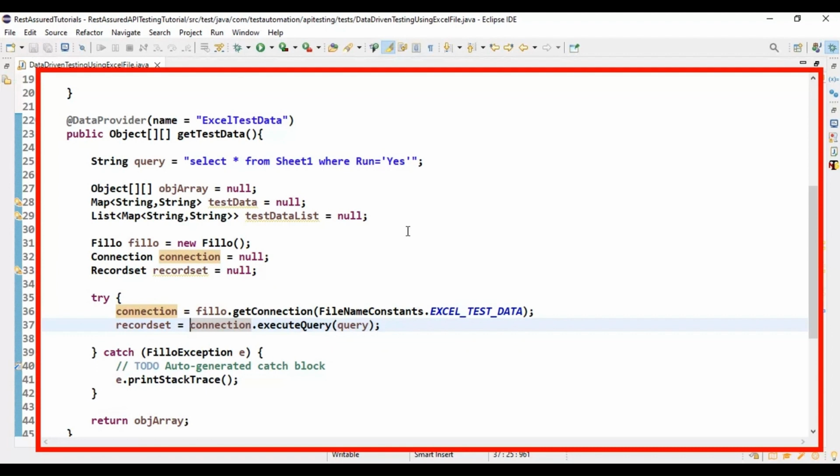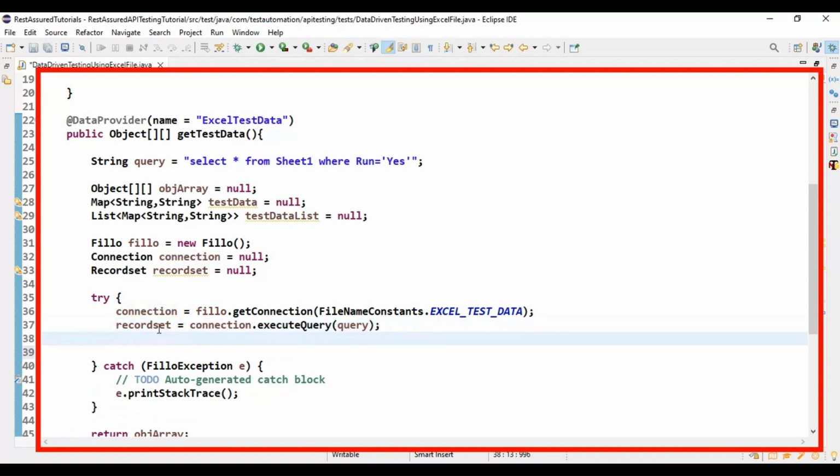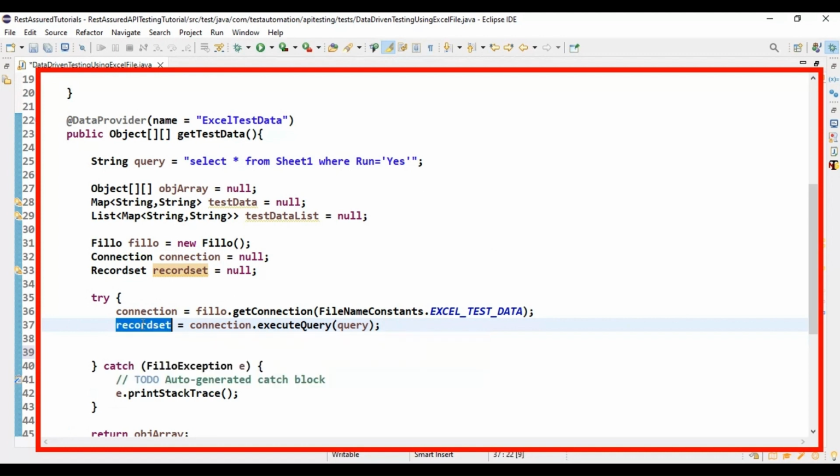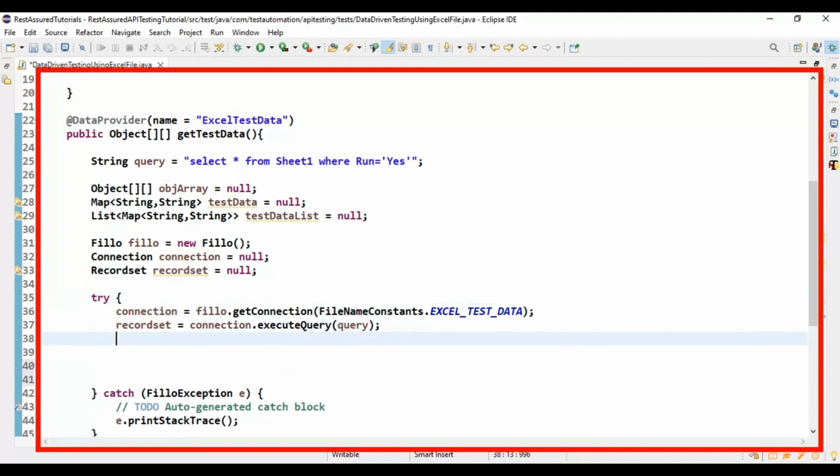Right? Once we have the record set, we have to iterate through this particular record set. For example, one record set is nothing but the header name followed by the first set of test data. For example, we have the second record set, that is nothing but the headers, and it contains the second set of test data, that's the second row of test data, and so on, like this it contains. So before we iterate by using the while loop, here I'm creating the object of the